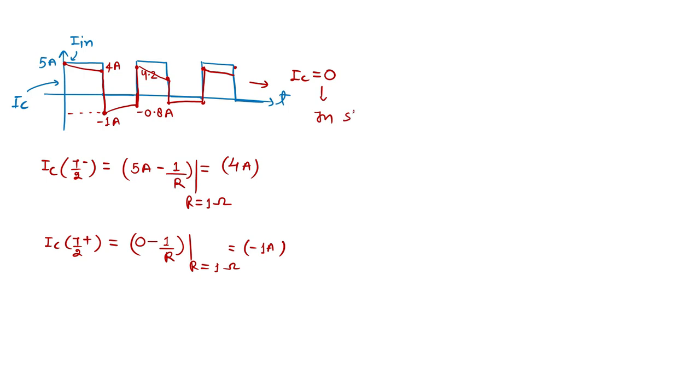In steady state, IC is simply reaching 0, which means the complete I in is equal to IR. So there is nothing like a steady state until we have a lot of cycles of the input current. My capacitor will reach its steady state value, and after that there is no meaning whether you are applying